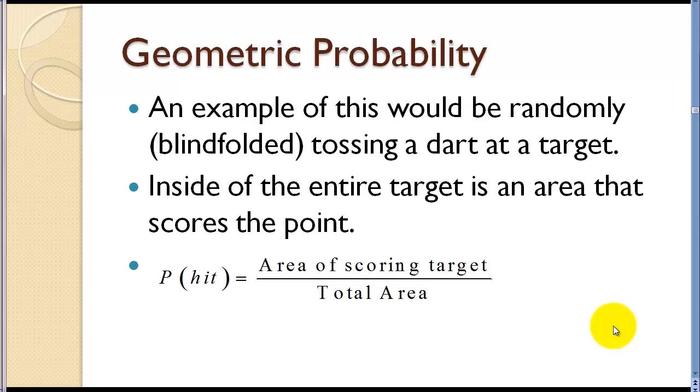Okay, now that was the basic probability. Now another basic probability is a geometric probability. In this case, you can think of yourself as being blindfolded and throwing something at a target, say a dart. And we're not aiming, so the probability of the dart landing somewhere inside the target area is completely random. So the probability of getting a hit or success is a ratio of the area. So we find the area of the part that counts as a score, and we divide that by the total